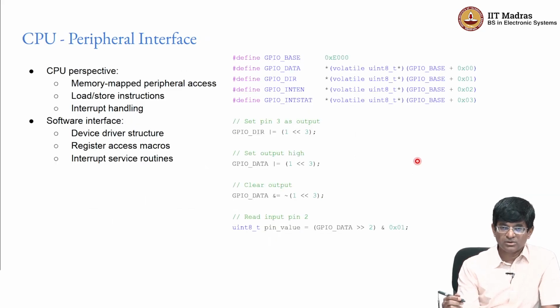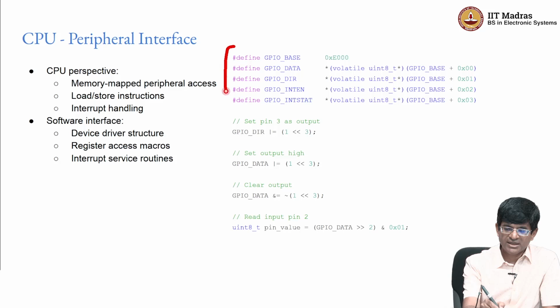Now, so far we have looked completely at the hardware point of view. What would the software look like, right? And this is something that we have already seen to some extent in the embedded C programming. Ultimately, what we would have is some kind of a set of hash defines perhaps that are present in your C code, which basically indicate the base address as well as the actual addresses of data, the direction register, the interrupt enable register and so on, right, which would be defined as some kind of pointers to a base plus an offset, right.